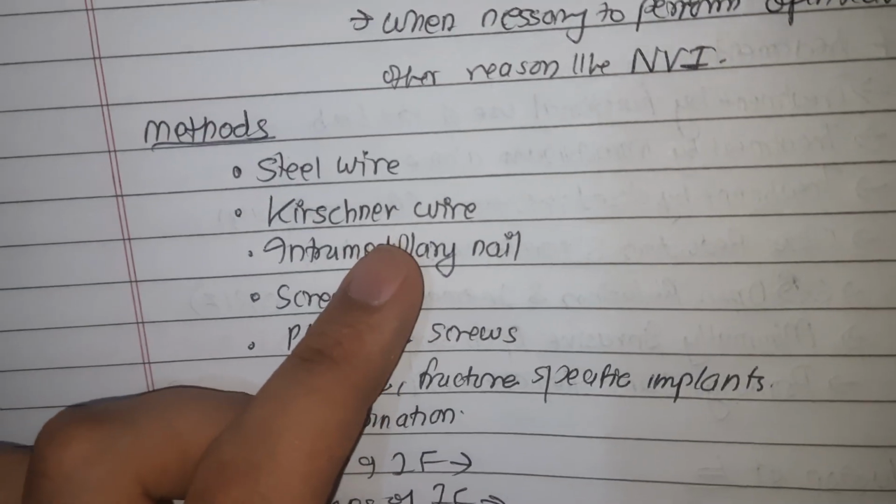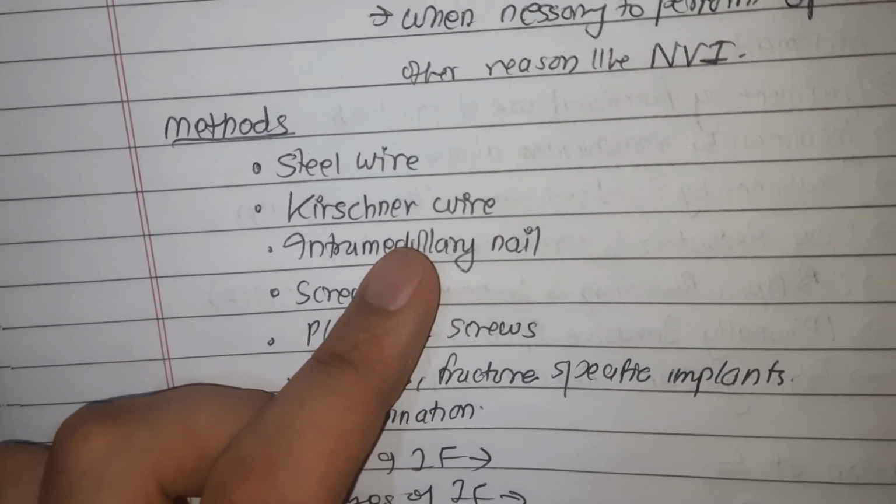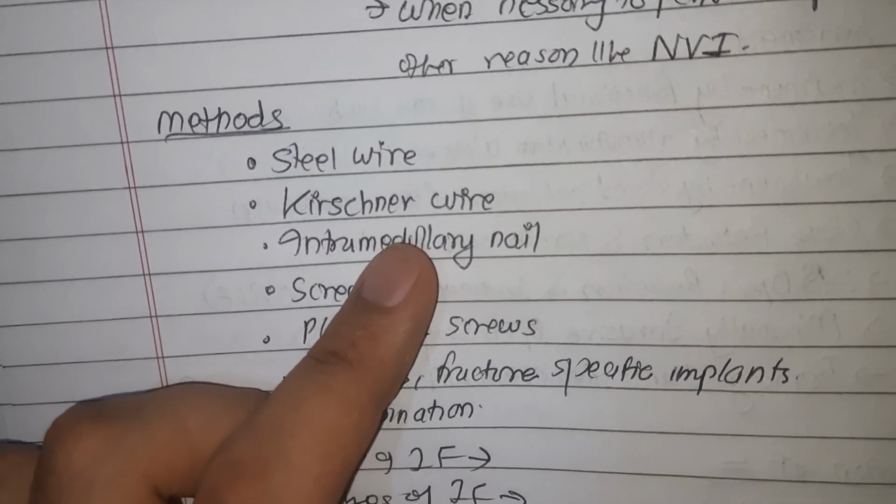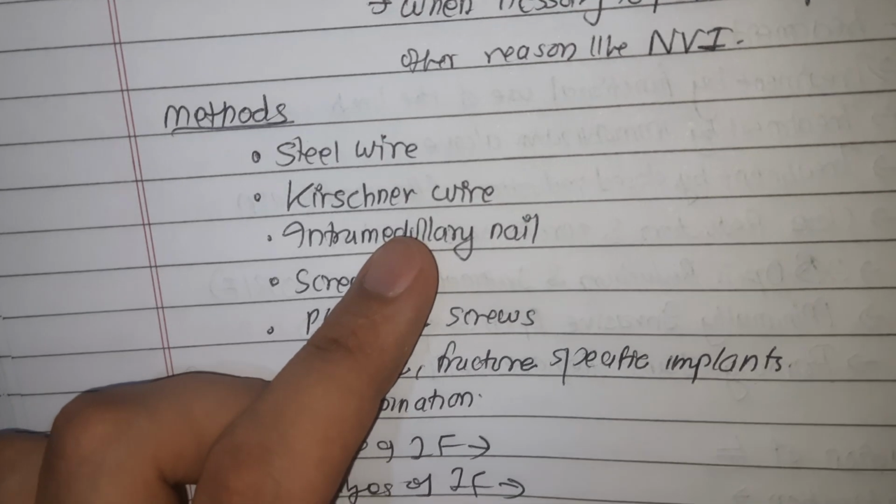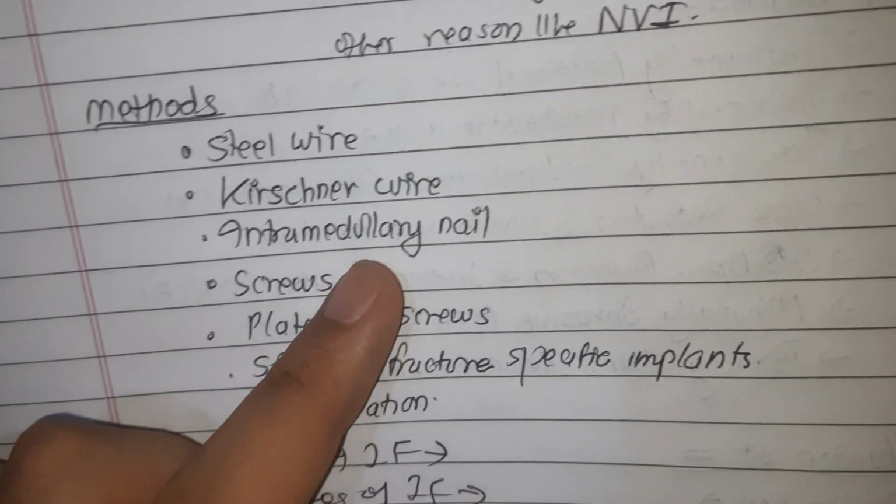And the Kirschner wire, this is straight stainless steel wire, 1 to 3 mm in diameter, and it is used for fixation of small bone of hand and feet. Intramedullary nail,